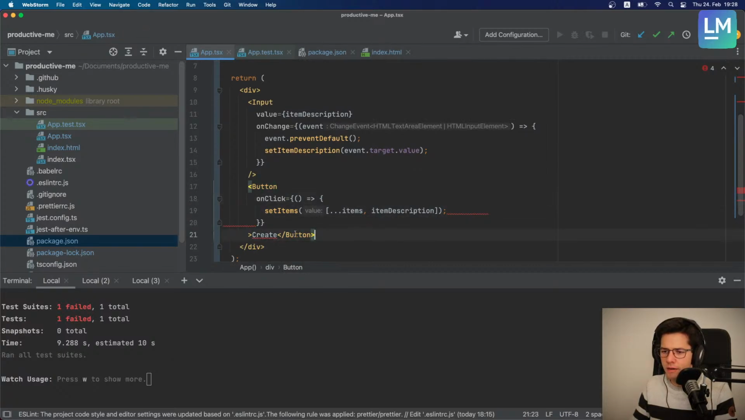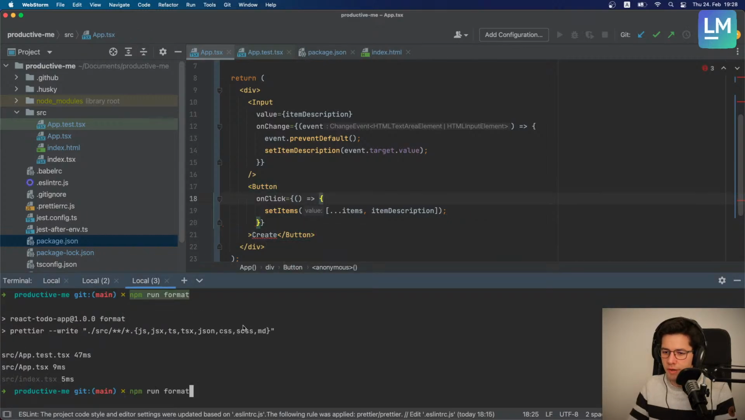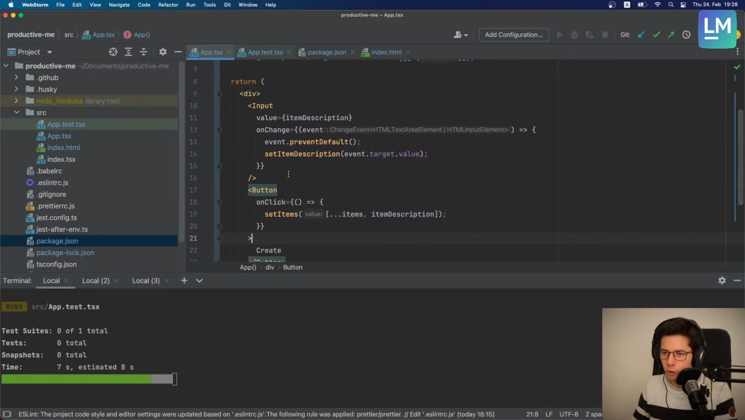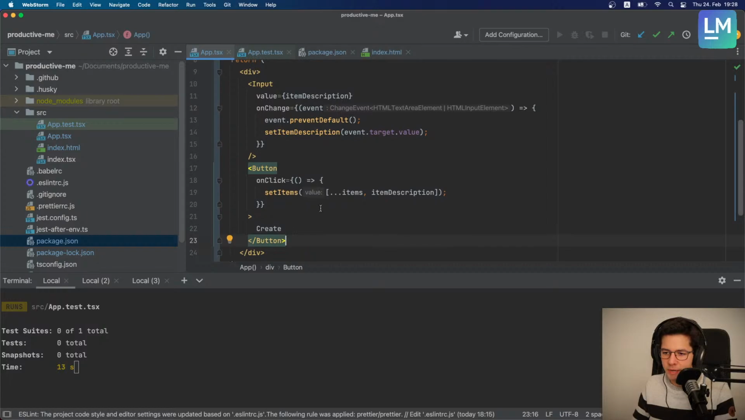And why am I getting all these things again? Is that prettier? That's again prettier. Okay, there you go. That looks better. Cool. So once I save that, it is still not enough for us to actually make our tests pass, because